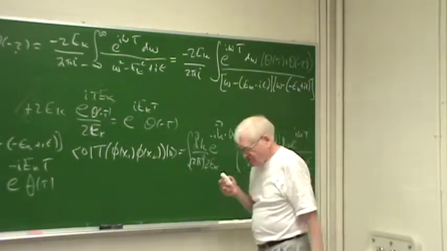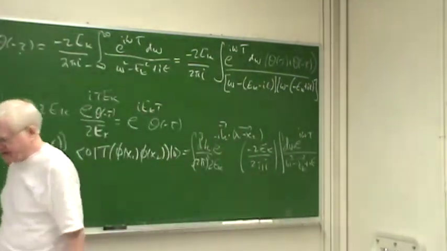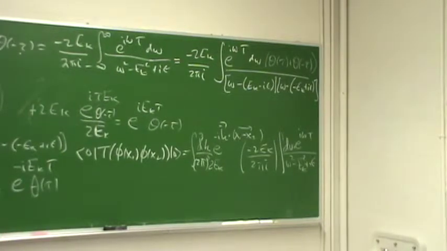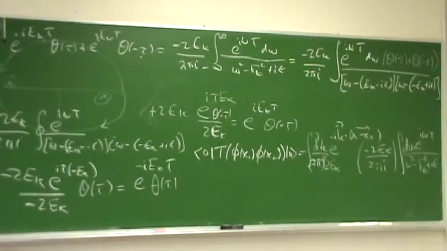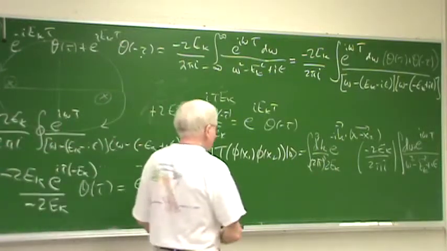And now we introduce a new variable. We're going to call it k0, but it's not the square root of k squared plus m squared. It's simply omega, which is an integration variable that we pull out of our noses and use to do the contour integration. So what we have then is